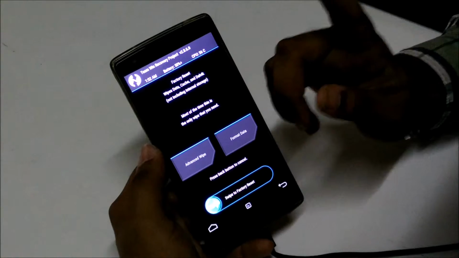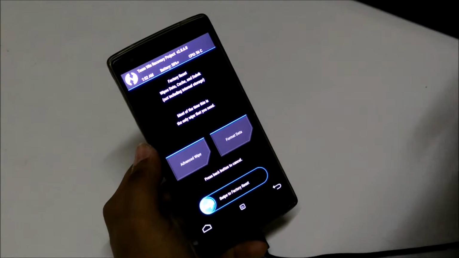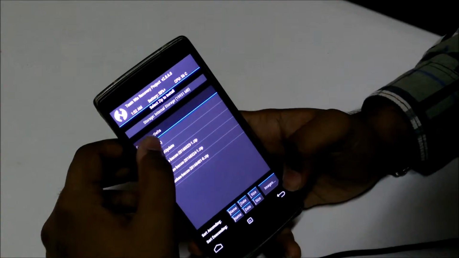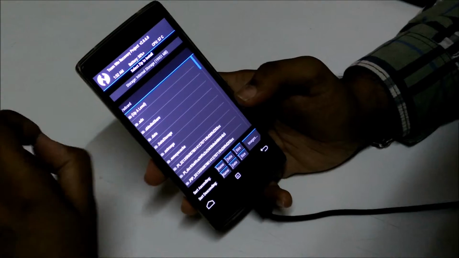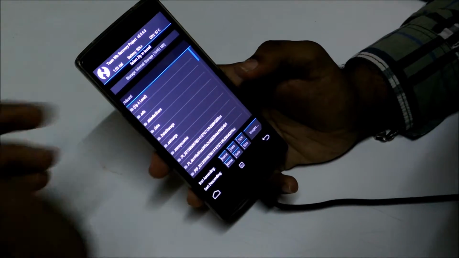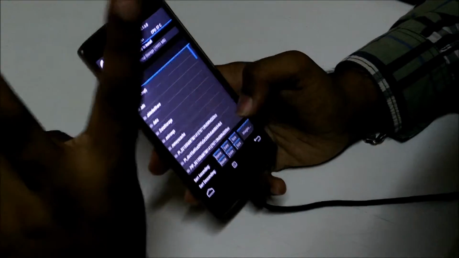So this is one option for those who do not care about the data or your photos or media. Second option is go to install and just search for the folder in which you have kept your latest ROM, either the update or the ROM which you had downloaded while you were flashing. So this is the second case.